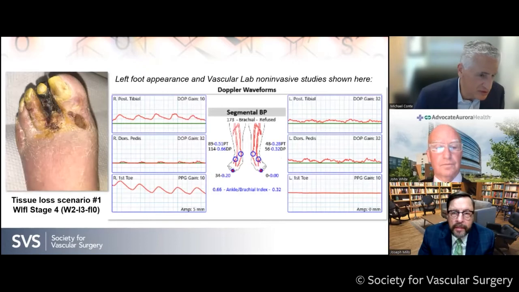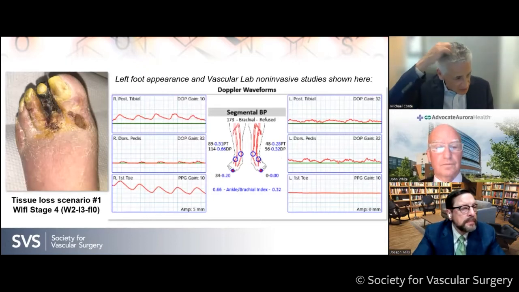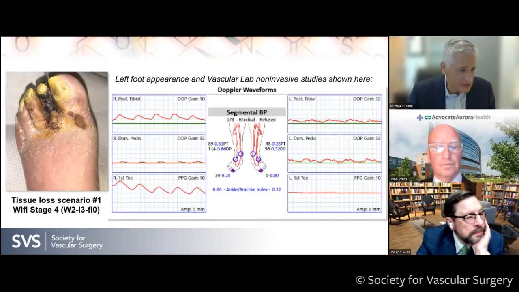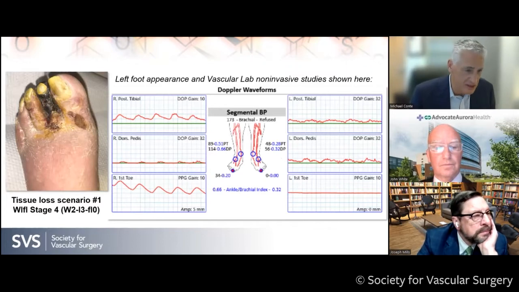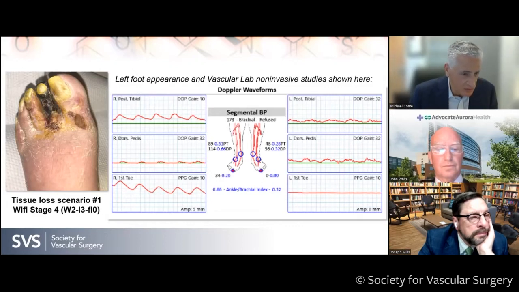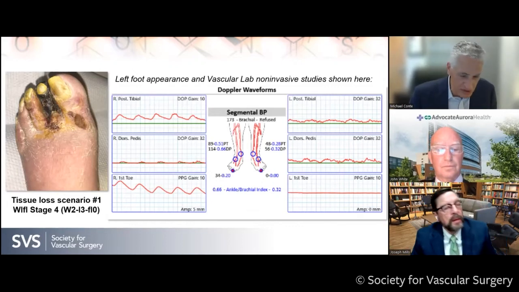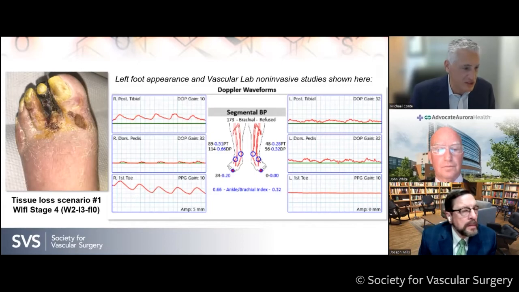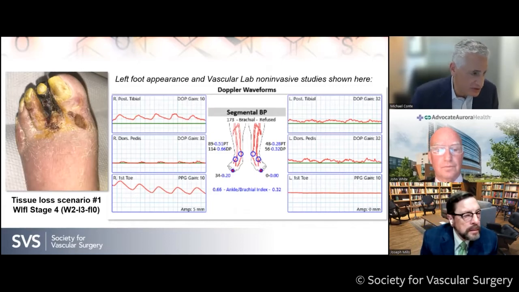So the appearance of the foot is on the left, and these are his non-invasive studies, which are shown on this slide. You can see that in particular on the left side, he has evidence of monophasic Doppler waveforms over the tibial arteries bilaterally, a flat waveform at the left first toe with a pressure of 0, an ABI of 0.32. So the WIfI staging for this patient at this time of presentation would be a stage 4 based on